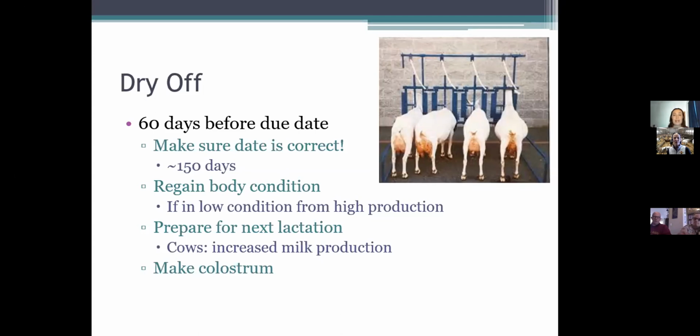So with those dry does, I always like to start by discussing when do we actually dry those does off. Ideally, we want to aim for a 60-day dry period, and it's important to base this off of a strong breeding date. One of the issues that I'll see is that maybe you're not exactly sure how far along pregnant that doe is,